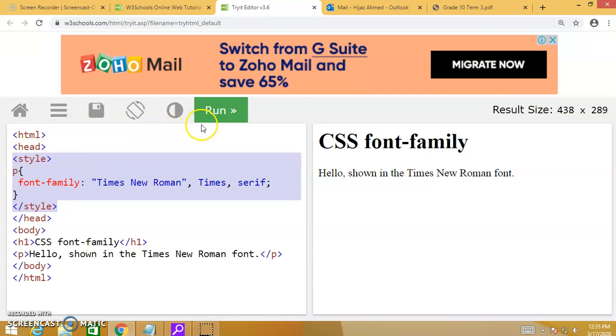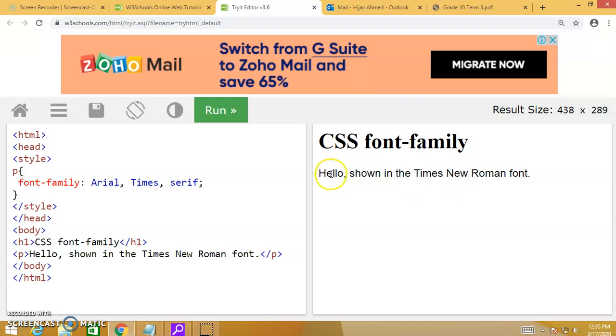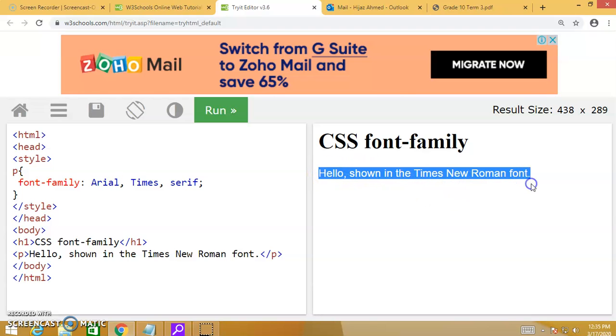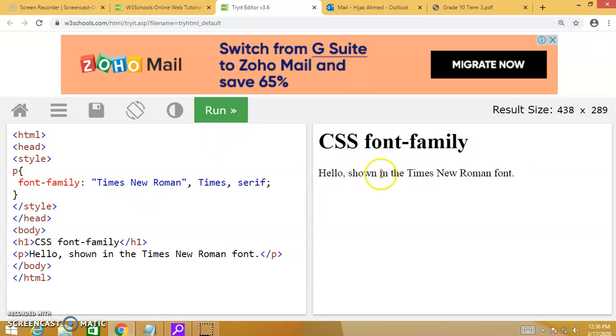But if I add it, it doesn't change. The reason is, let me try Arial. Let me try the font type Arial. You would see now that this change, the type of font changed. If I revert it back to Times New Roman, then it would change again. So what does this do? This line of codes defines or selects the font type for this paragraph. So this is how you assign a font type to a